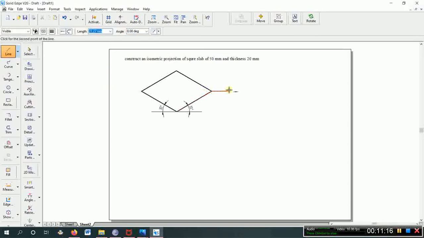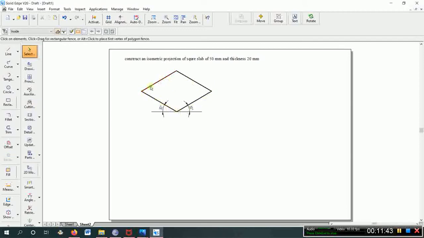so while constructing on a white sheet you can again take a reference like this, and then it must be 30 degree to this one, like this. Okay, here also you can take a reference. On white sheet you can construct like this. On grid sheets it will be easier to follow the grid lines. Okay,